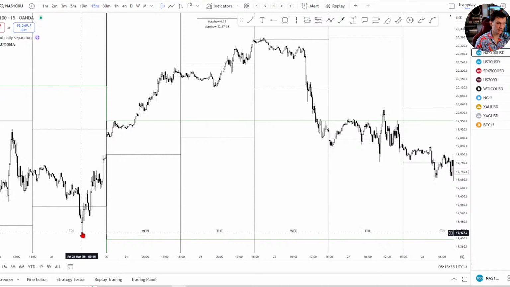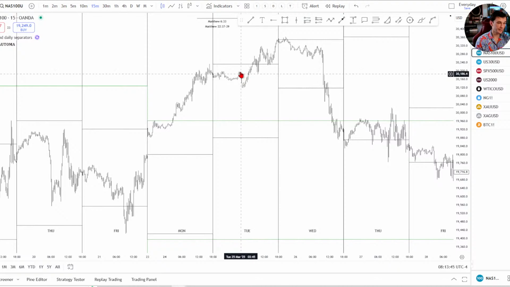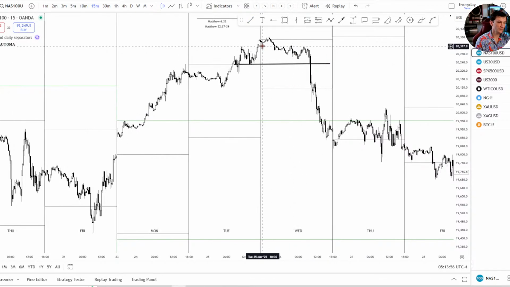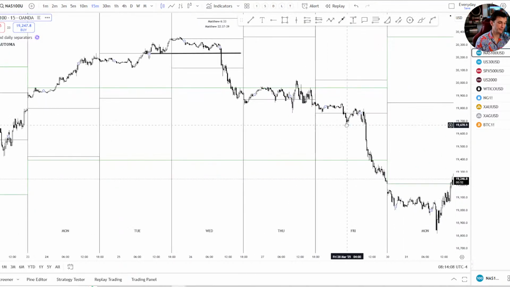This is where the pump began back from over here on Friday. Notice how they triggered the low. This was day 1 of the cycle. And we get day 2, day 3 of the cycle, which continues to go higher and closed in breakout. The cycle has to restart day 1, day 2. At the close of this day, it was day 1. Day 1, day 2. Now, this reset, day 1, day 2, and then day 3, right?